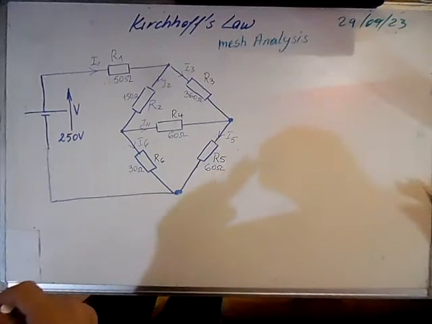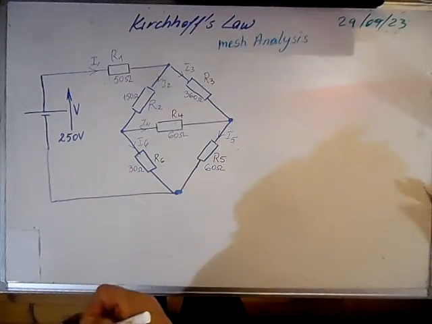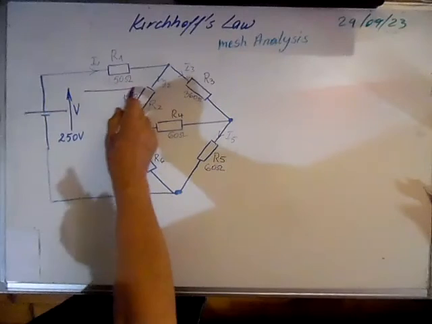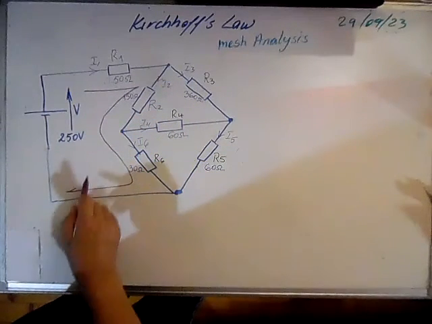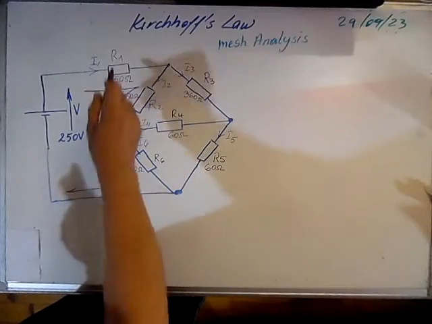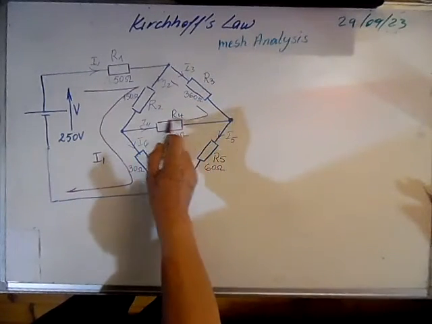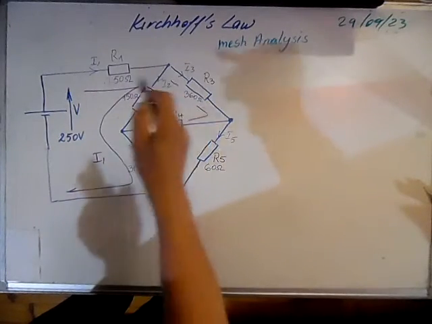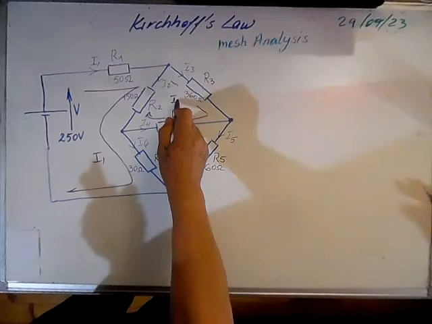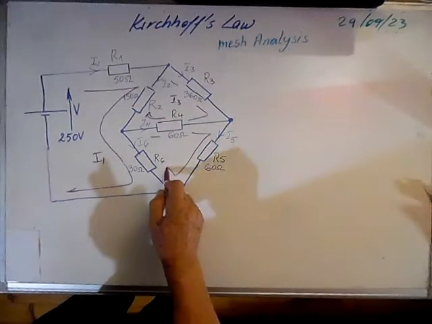First of all, we have to choose arbitrary 3 mesh currents. Let's take this mesh and let's call this one I1, like this one. Here we will call it, these are arbitrary, we can use the other directions. Let's call it I3, let's call this one I5,